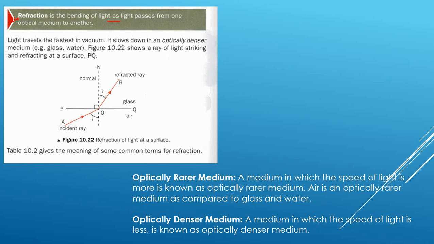Why does light bend? Just now I told you that when light passes from one optical medium to another, it bends. It's similar to traveling on a road where there is no traffic, your speed will be highest. But on the same road, if there's traffic, like buses and cars, your speed will slow down, right? So when light enters a different medium, suppose from air to glass, the speed of light will slow down, and because of that light tends to bend towards the normal,